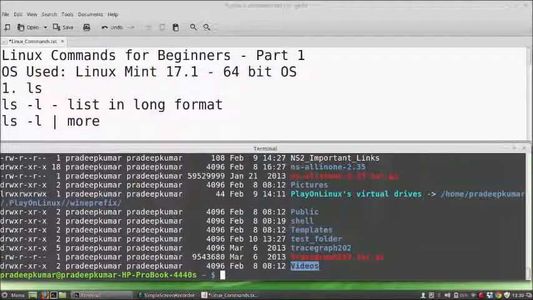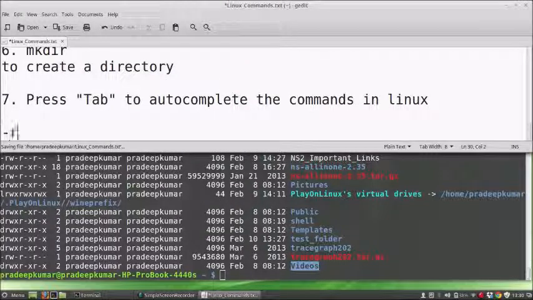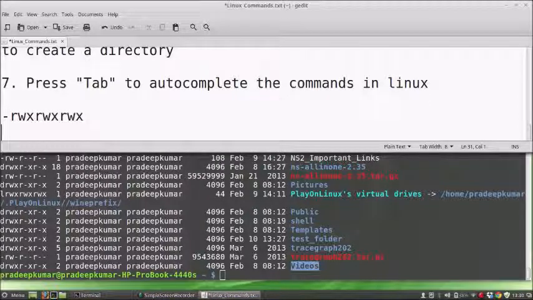Okay, now you can see rwx, r-x, r-x, or here you can see rwx, r--, r--. So usually Linux handles that in a different way. Any file's permission is like this, rwx, rwx, rwx. The first rwx will be for the owner of the file. The second will be for the group, and finally the last will be for the other users.